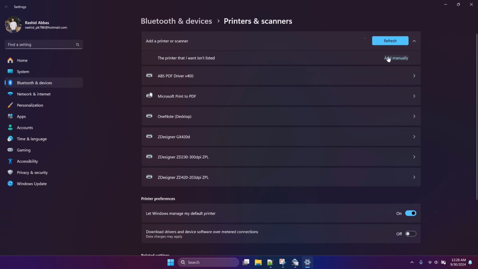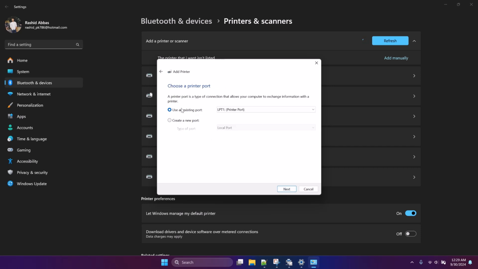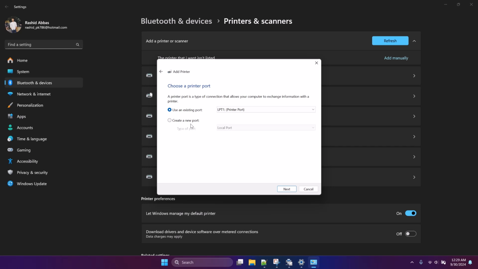Basically, we can add manually as well. I will choose this option, and I will select the last one, add a local printer or a network printer with manual settings. Right, from here you can choose some pre-added ports that are already working on your system. So I don't recommend that. You should go to this one and create a local port, which you can select as a standard TCP/IP port,